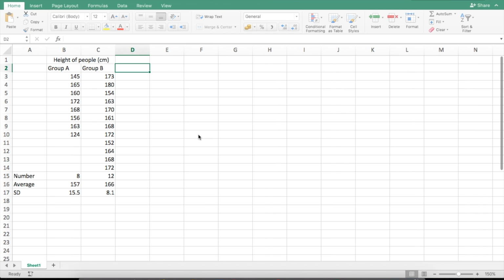As we can see, we've got the data that we've previously been using, and that is consisting of two groups and the height of those two different groups. We've already done the calculations at the bottom here, so we have the number of data in each set, the average and the standard deviation. When we produce our graph, what we're going to be graphing then is actually the average of the two different